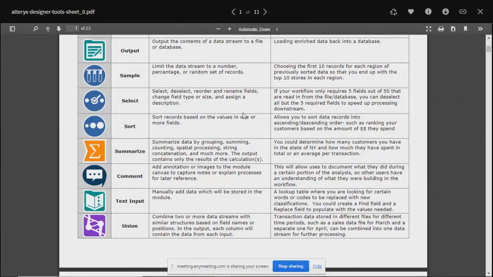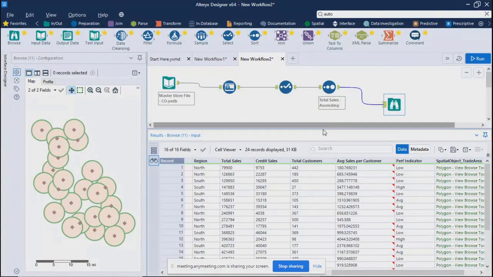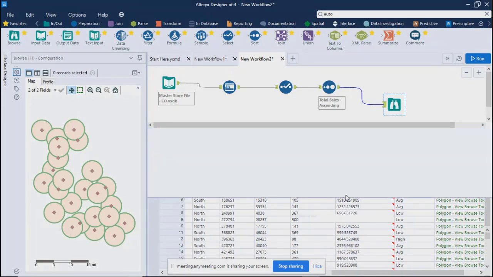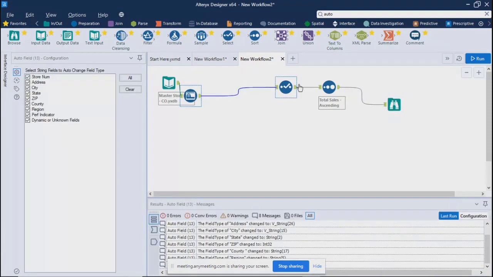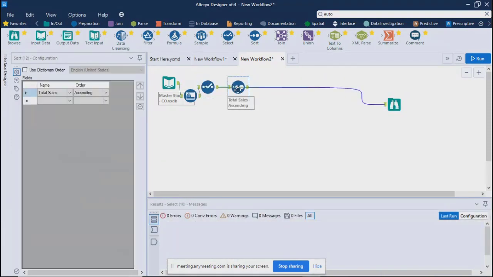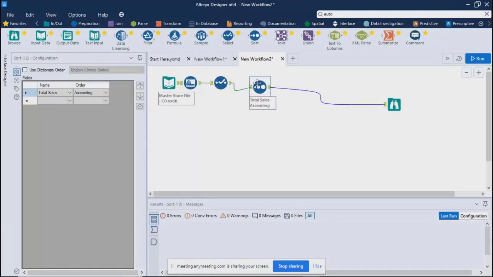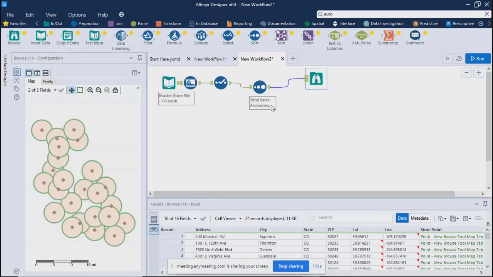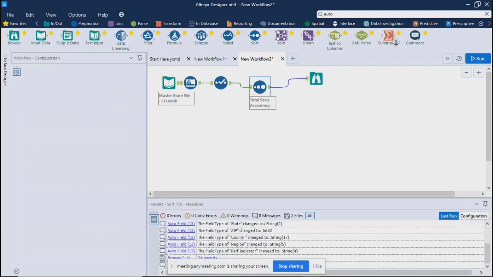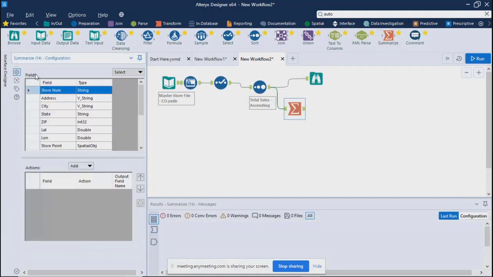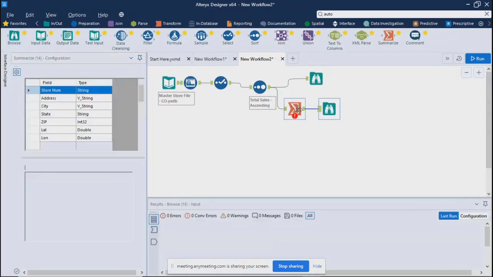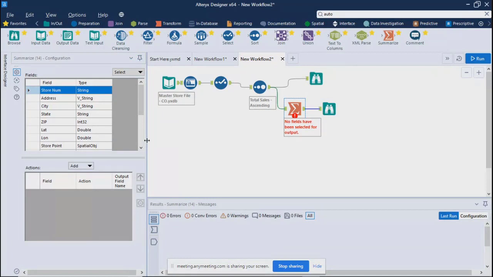So over here, let's say out of this data you want to summarize. You'll just take this particular control, add Browse after this, and over here you need to define or configure on what basis you want to summarize.